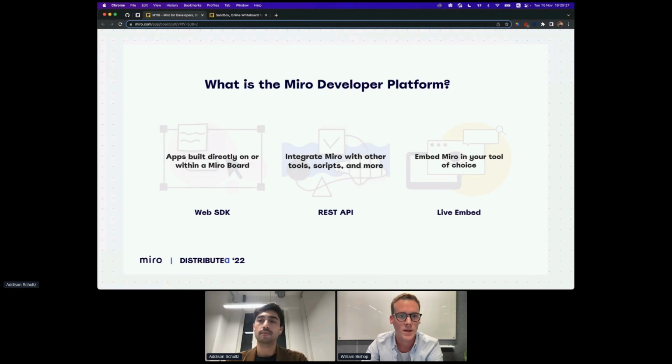The REST API is our comprehensive suite of APIs that allow you to build more back-end oriented integrations, which may have a UI, or may not. And our Live Embed allows you to embed a Miro board directly into an app or a site using our lightweight JavaScript-based solution. All of these can exist separately from each other, or can be used in combination to create really